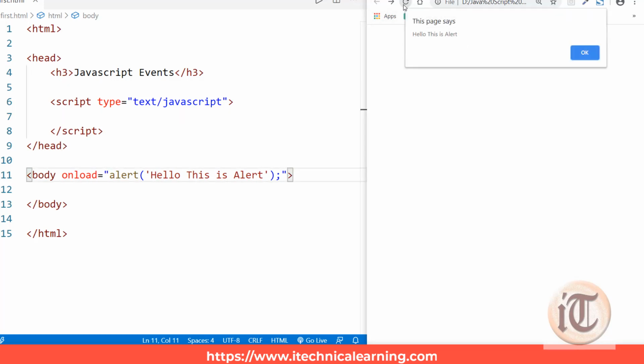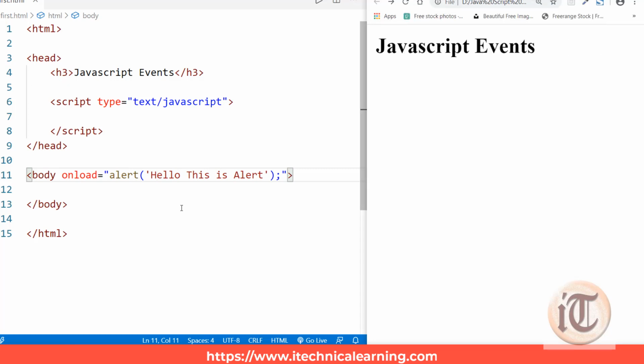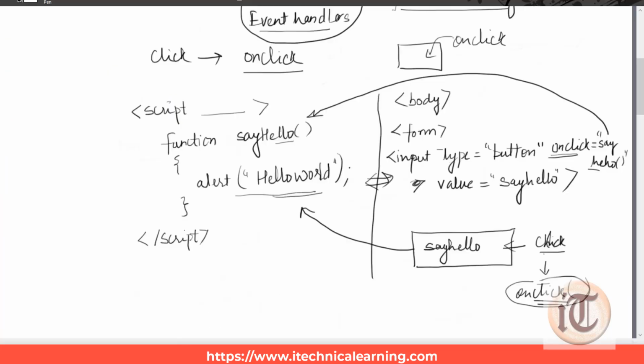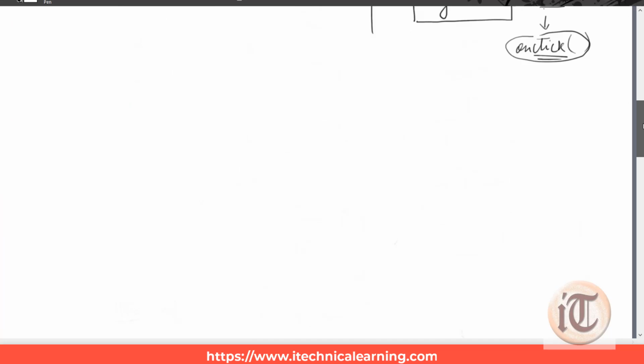So when I refresh the page, you can see it is saying hello, this is alert. So instead of associating functions with the event handler, you can directly write the code inside it that can perform many tasks. This is a very basic definition and description of events and how events work. Now, a very important and interesting topic that is sometimes asked in questions or interviews,